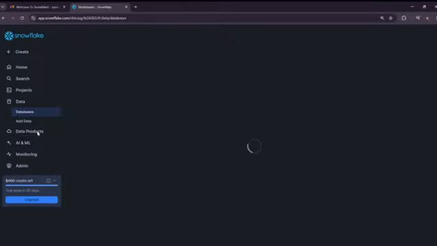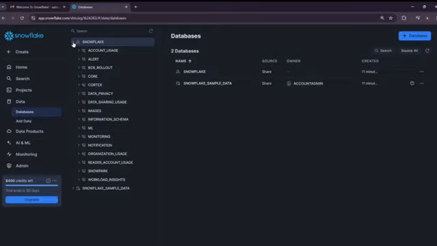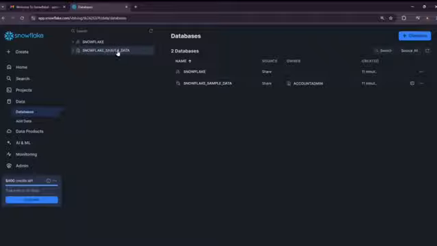Then the other option is the data. On the data, you will be able to see all the databases you have created in this particular account. By default, Snowflake provides two databases. One is the Snowflake database, which is kind of a metadata database where all the account related information is available. The other one is Snowflake sample data. So this is one of the databases where